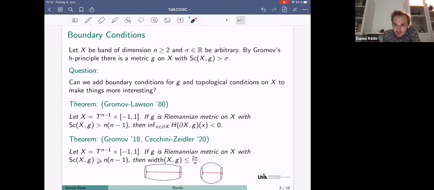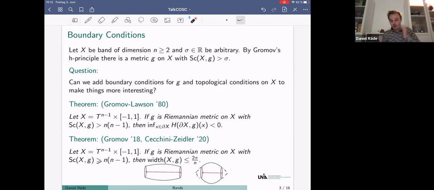So a very easy picture in 2 dimensions is, if you want to have more curvature, you push everything together, and in this picture this 2 pi n just comes from the fact that if you have positive curvature, everything closes up. And then the idea in higher dimensions is that you can do the same thing, because a torus doesn't have positive scalar curvature. So if the whole thing has positive scalar curvature, you can't put it in the fiber direction. The positive curvature has to manifest itself in the direction of the interval, and therefore you have this closing up